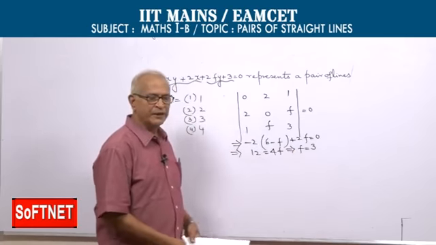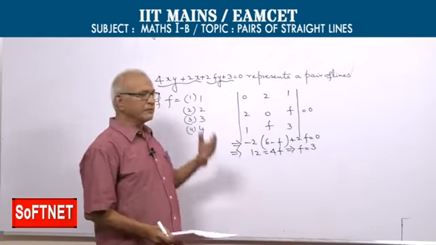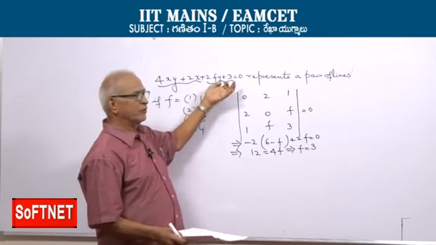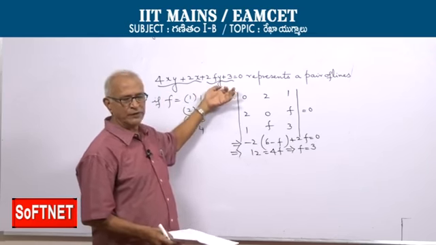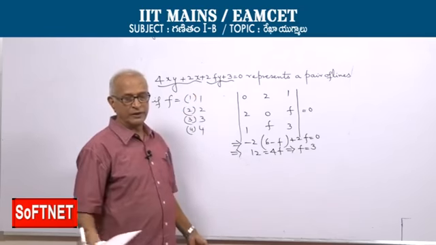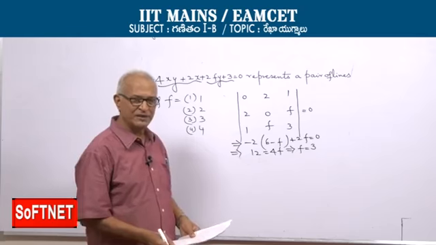You can just compare this working with the previous one. The previous one is straightforward. If you take 2x common, 2x into (2y + 1), and this will also be (2y + 1). One of the factors for the next two terms will be (2y + 1) in case f equals 3. That's how you can make things simple.